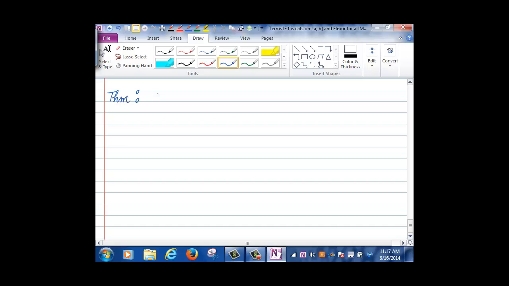Suppose f is continuous and differentiable on an interval I, then